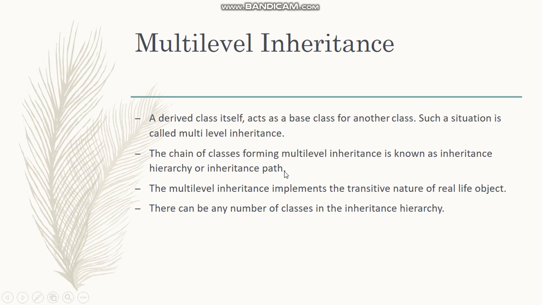So in the previous video we had learned about multi-level inheritance, where we had seen that there can be multiple levels of classes. Meaning one base class is derived into a derived class, and that derived class becomes again the base class for a third derived class. So if we have A, B, C as classes, A will become the base class for the derived class B, then B will become the base class for the derived class C. This is how it is called multi-level inheritance.